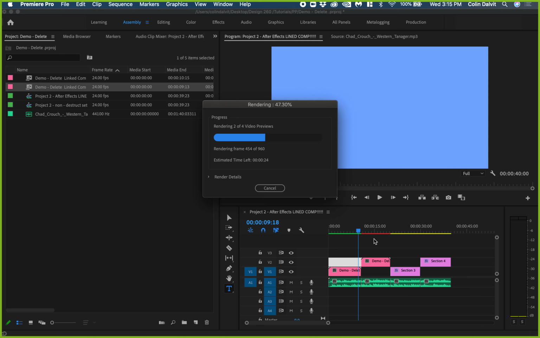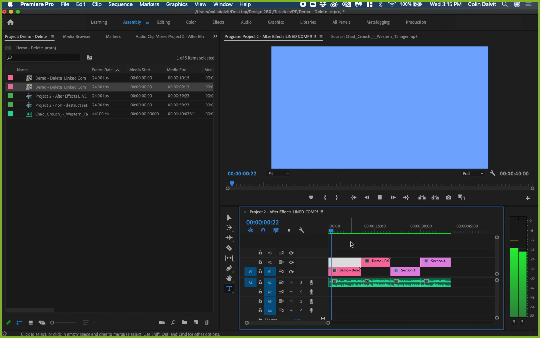Okay, see, green. Told you. Okay, so that means it's rendered. As soon as it cleans itself up, boom, it'll play perfectly. I hope. No, it'll definitely play